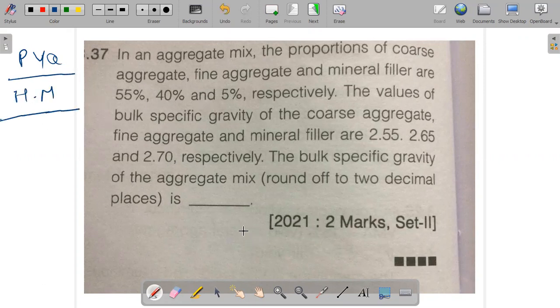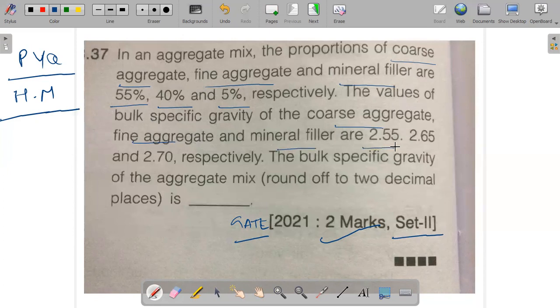Our first question is from GATE 2021, of 2 marks. This question was asked in Set 2. In an aggregate mix, the proportions of coarse aggregate, fine aggregate and mineral filler are 55%, 40% and 5% respectively. The values of bulk specific gravity of coarse aggregate, fine aggregate and mineral filler are 2.55, 2.65 and 2.70. So the bulk specific gravity of the aggregate mix, that is GM, is,